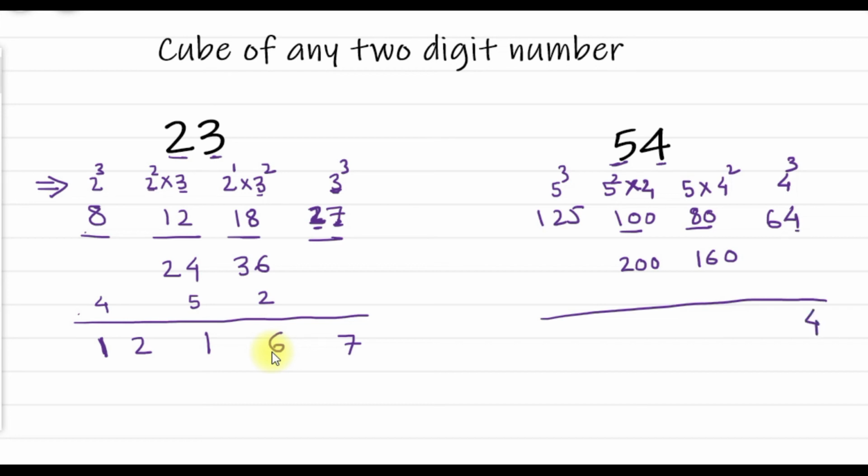So 4 will come down, right? This 6 goes carry forward to the next number. So now this 80 and 160, this gives you 240. 240 plus 6 will give you 246. So 6 comes down and 24 goes carry forward. For the next total, your 100 plus 200, that's 300 and it's 324. So 4 will come down and 32 will go as a carry forward to the next number. Let's add this. Your 5 plus 2, 7 and 12 plus 3 is going to be 15. Your answer is 157464. If you want, you can verify it on the calculator, but this is what we have as a method